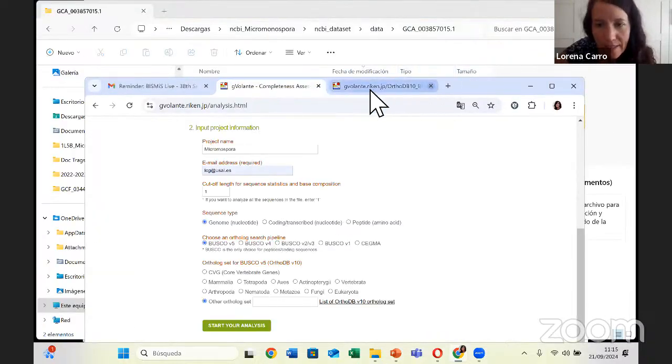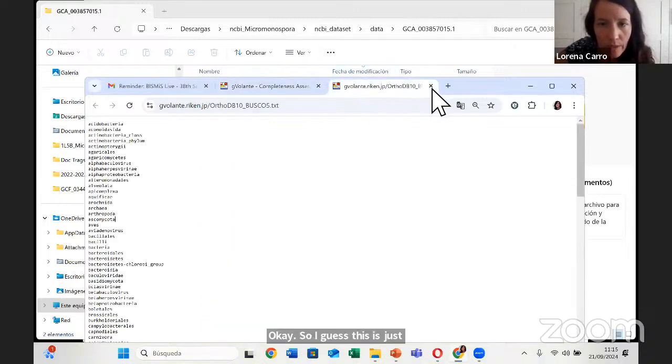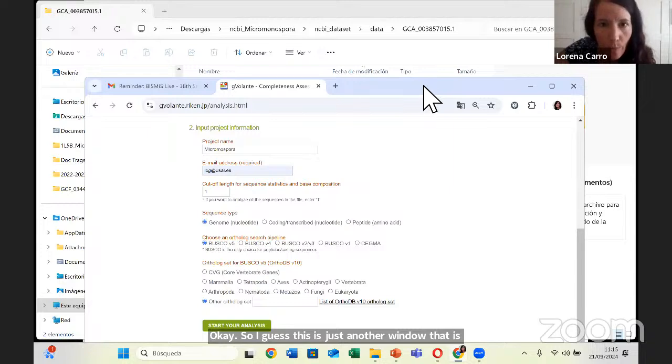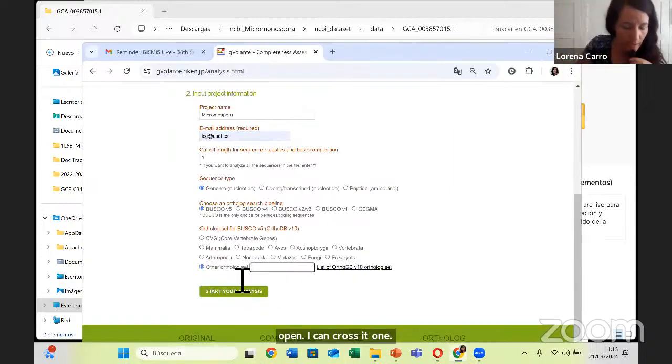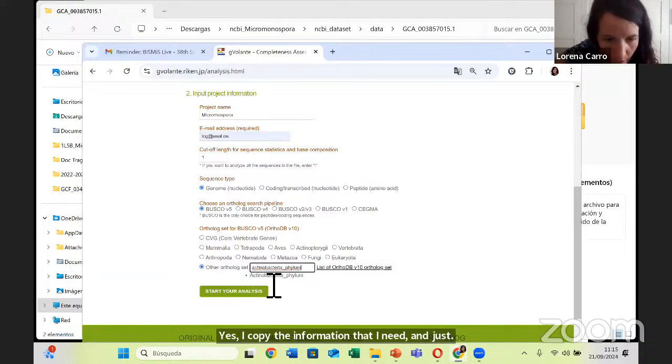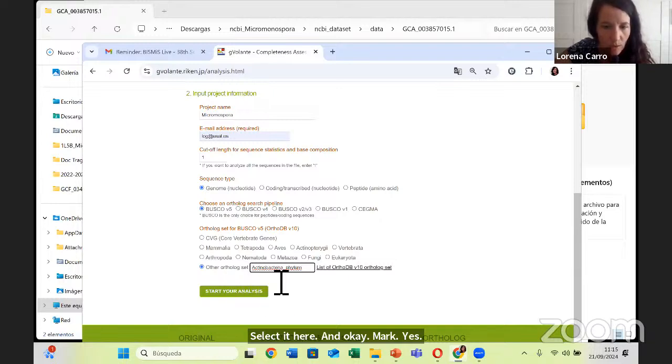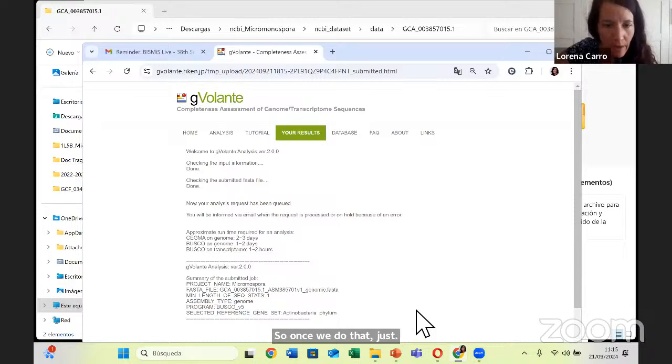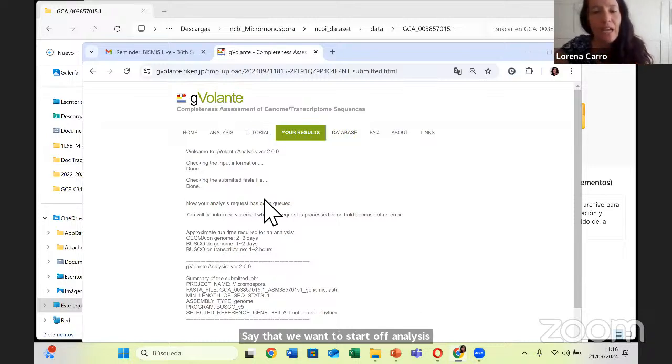Okay, so this is just another window that is open. I can close it when it's finished. Yes, I copy the information that I need and just select it here and okay, mark yes. The ortholog set that I want to use is the one corresponding to the phylum Actinobacteria. So once we do that, just say that we want to start the analysis and it goes to another page